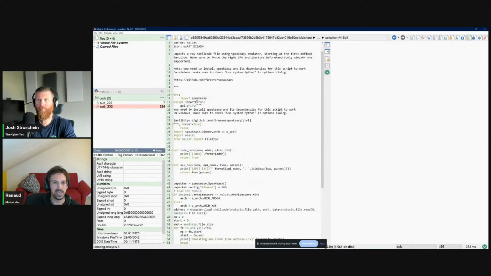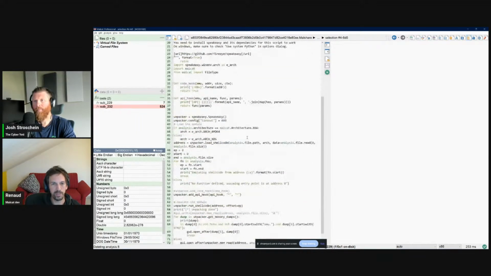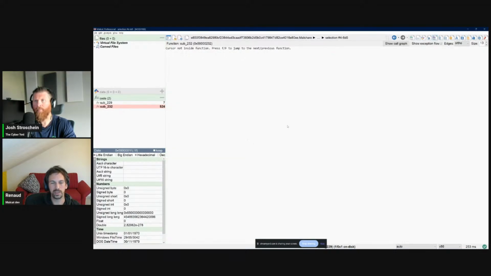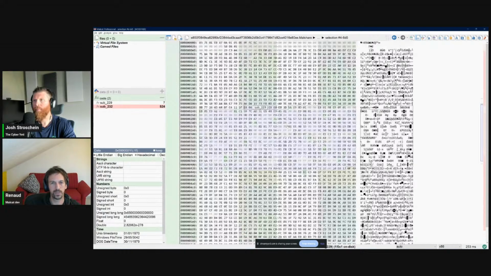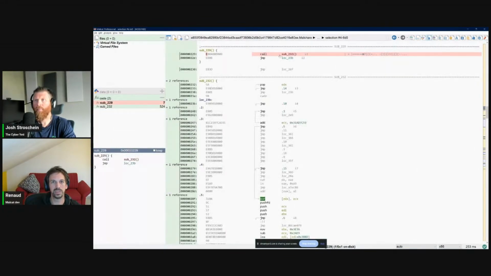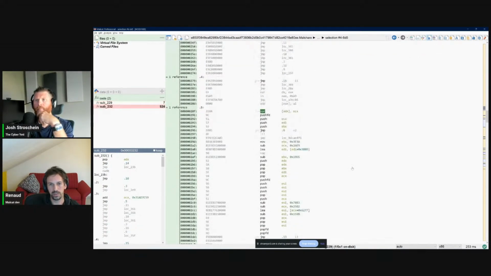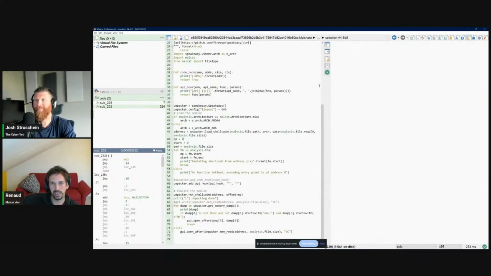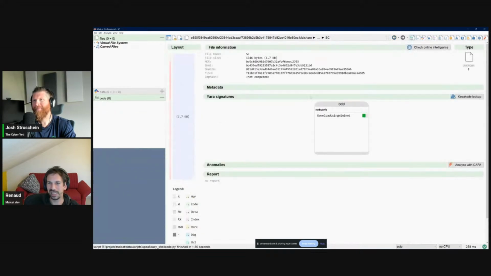So the Speakeasy script in Malcat is rather simple. It will just call the Speakeasy emulate shellcode on the first function that is defined in Malcat. In this case, it will be this one. I don't know at all what the shellcode is doing. I will just run the Speakeasy emulator and let the great guys at FLARE do all the magic for me. So we will run the shellcode, and